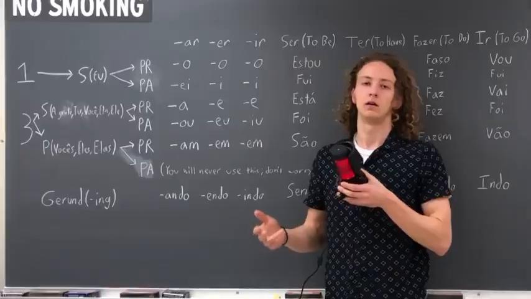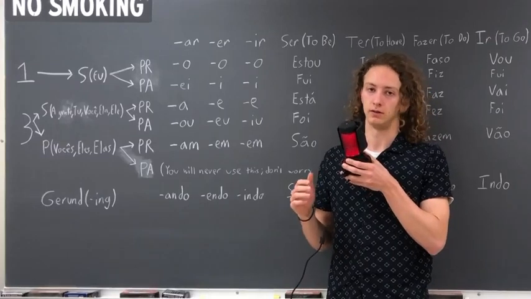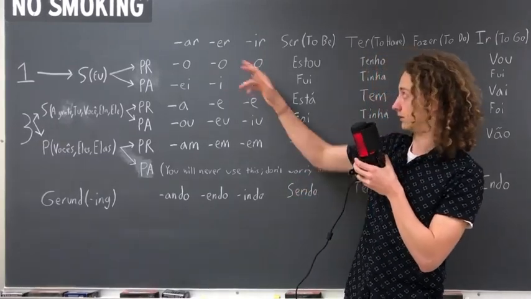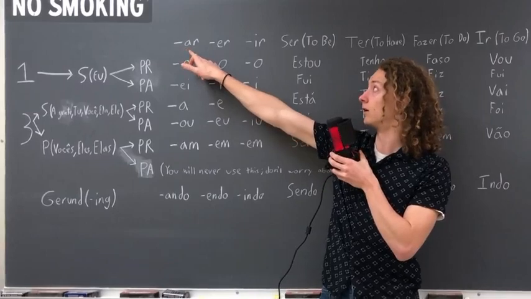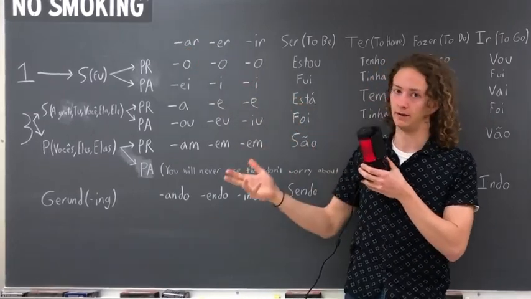With that said, I highly recommend you stick around for a little bit longer to understand a little more about how this works so that you can not sound like a complete idiot. The point of this is you can sound so much better with only putting forth this much more effort. Okay, so the first thing to know here is that there are 3 different types of verb endings. It can either be an AR, ER, or IR ending.